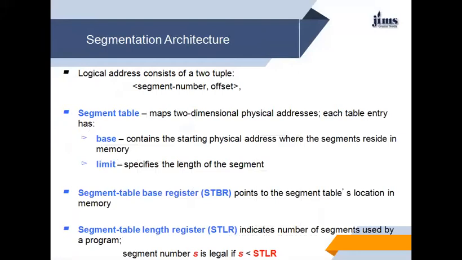Each table entry has a base, which contains the starting physical address where the segment resides in memory, and a limit register, which specifies the length of the segment. The segment table base register, STBR, points to the segment table's location in memory, and one is the segment table